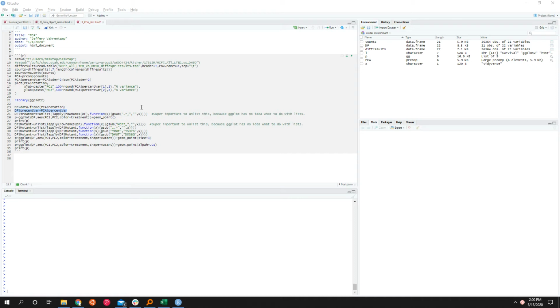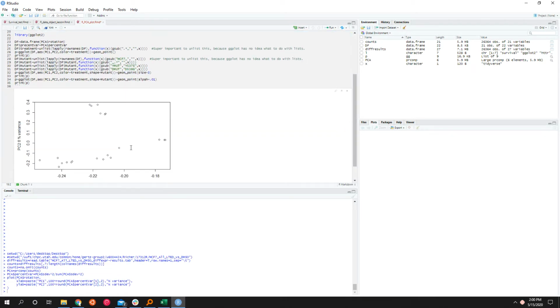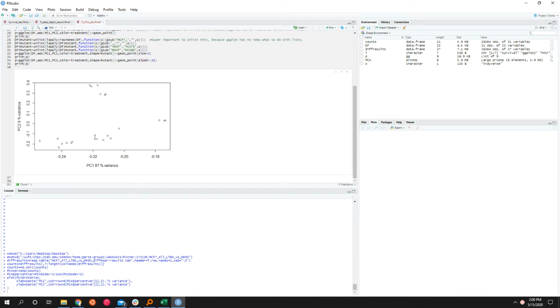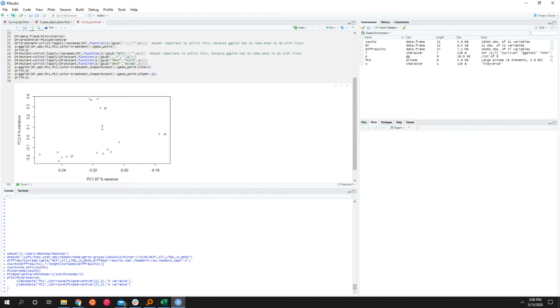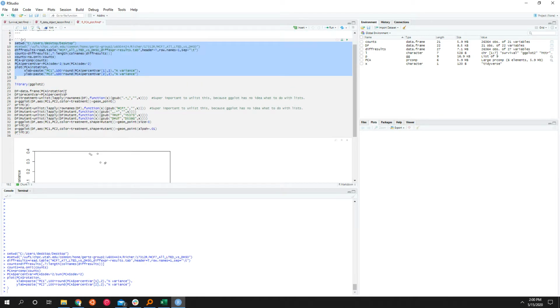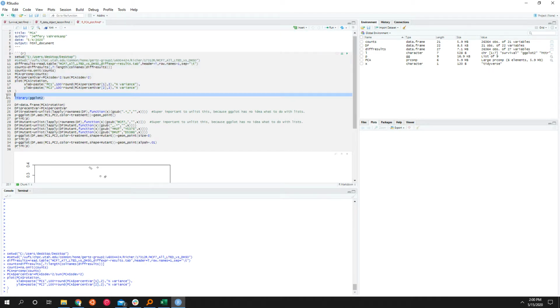So last video I showed you how to take tables of data and use prcomp to create a PCA plot. And the plot, if you remember, I'll just run that real quick. The plot, if you remember, was pretty ugly and not terribly informative. You don't know what any of these points are and it just looks nasty. And so today I'm going to show you just real quick how to use ggplot to make a prettier